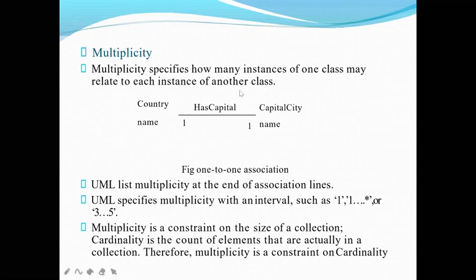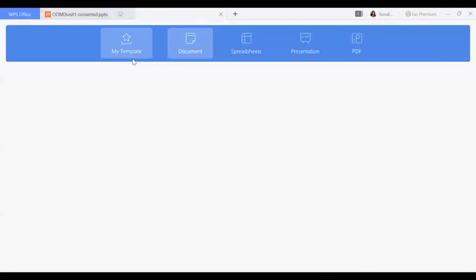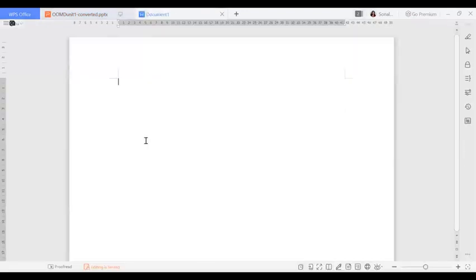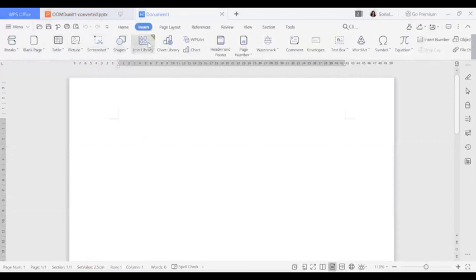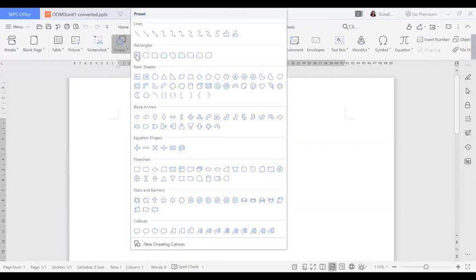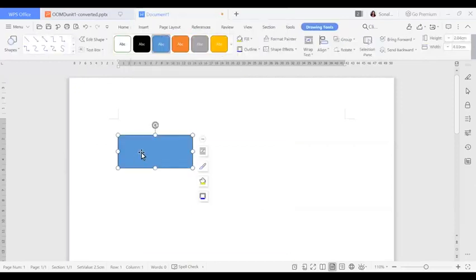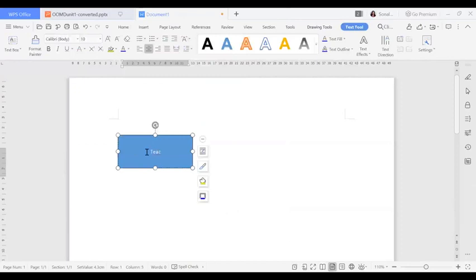Now, this is my class diagram. Suppose the same thing, if I want to, I'll just move towards one. I hope all of you can see this. I'm doing the same thing over here so that you can understand it properly. Let's take what I have told you. I'm writing over here. This is my teacher.